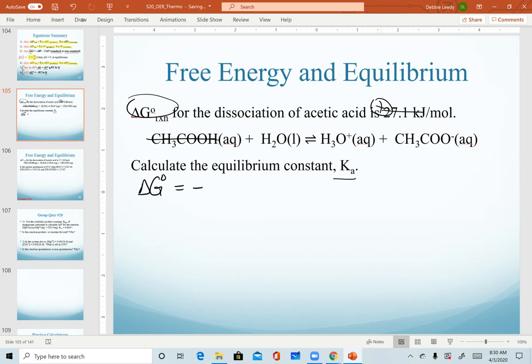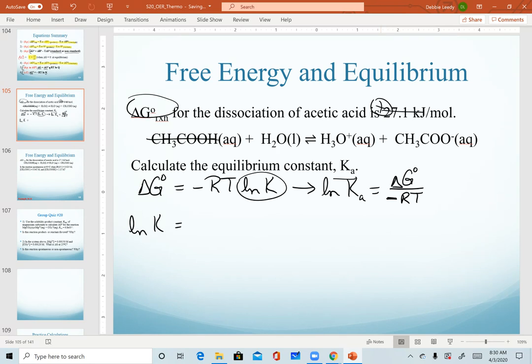For this calculation, we will be using equation number 6, where we have delta G naught equals negative RT ln of K. To solve this one, I like to actually manipulate my equation to solve for the ln of K. And remember here, we're specifically referring to Ka, but the subscript doesn't matter. Now again, the common mistake I see students make is omitting that negative sign carried over with the RT. So using that